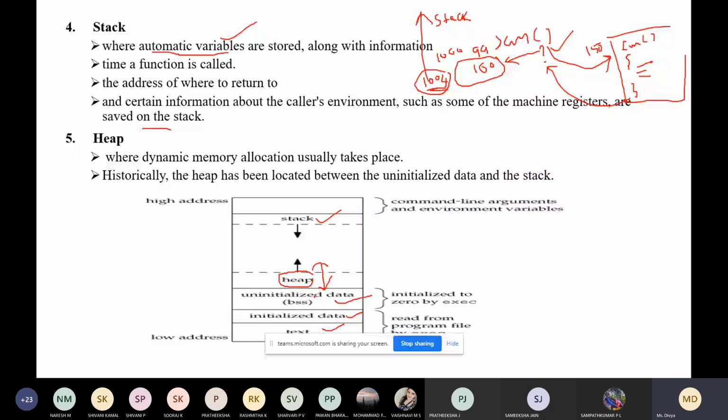This is our entire memory layout. On top of the stack you have command line arguments and environment variables. This diagram shows the typical memory arrangement: text segment, then data segment, then uninitialized data segment, then heap, then stack, and at the top the environment variables or any command line arguments that you pass to a program.